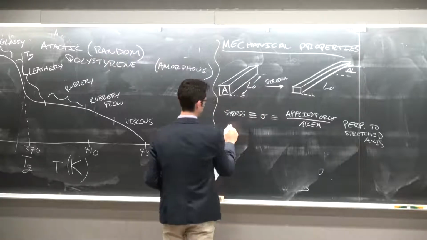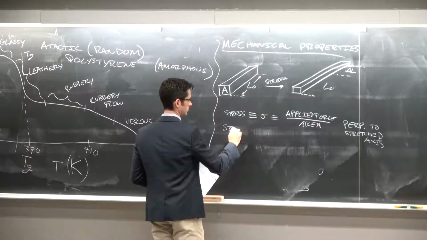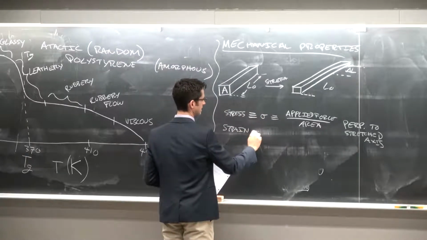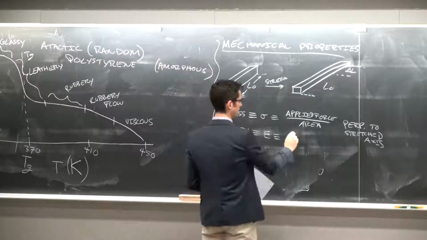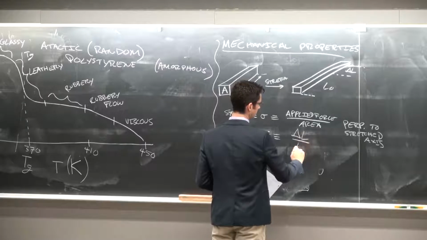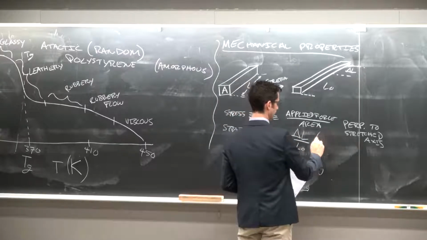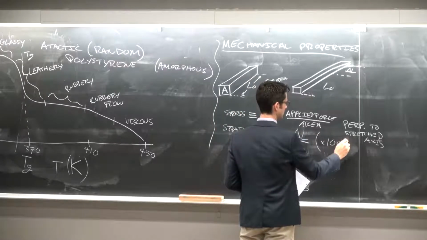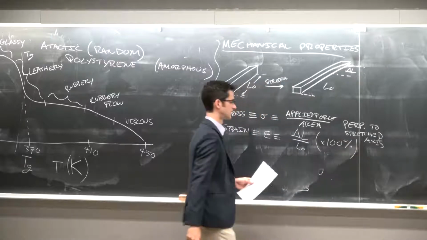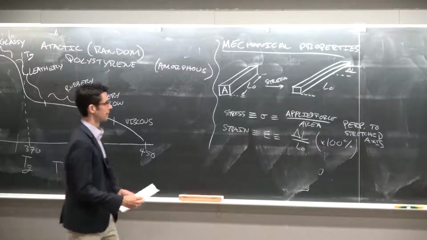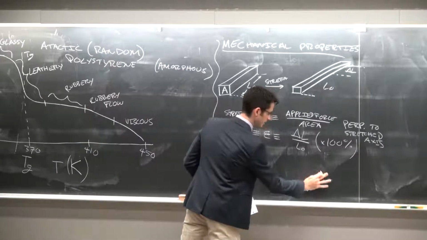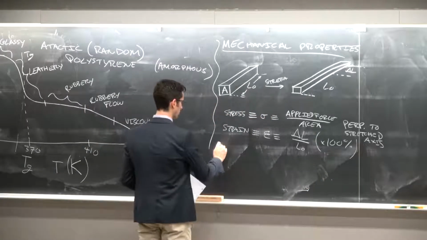And the strain: stress is sigma, strain is epsilon, and that is delta L over L naught. Sometimes this is written as a percentage, sometimes as a fraction, and it will tell you which it is. And then another quantity is the Poisson ratio,